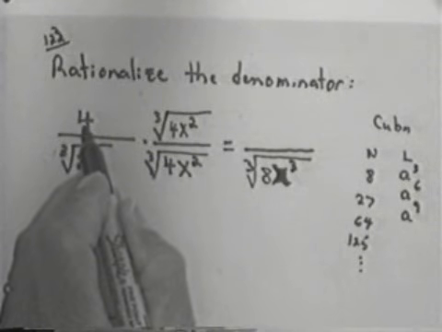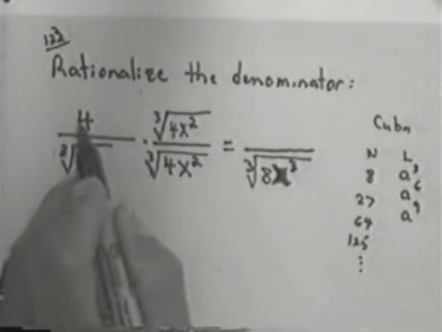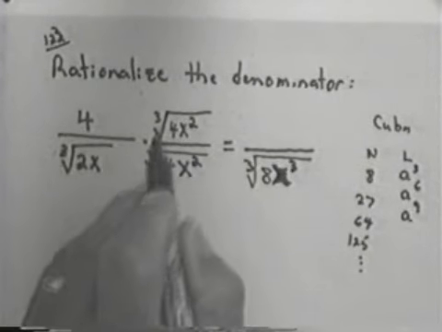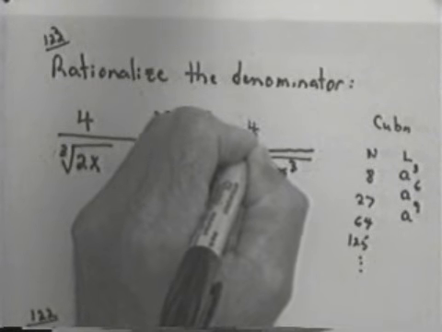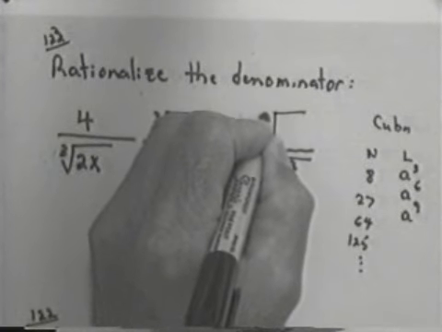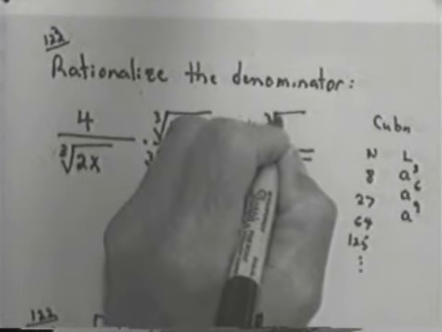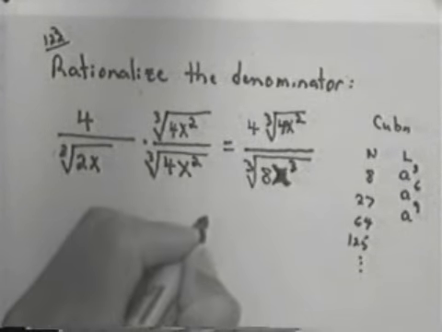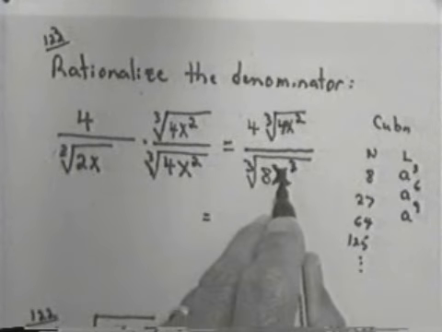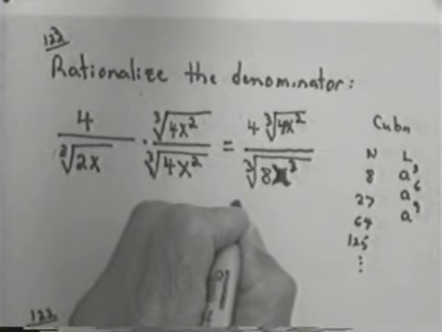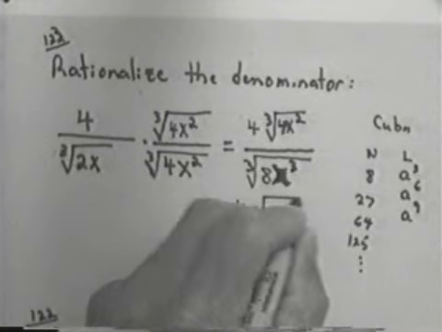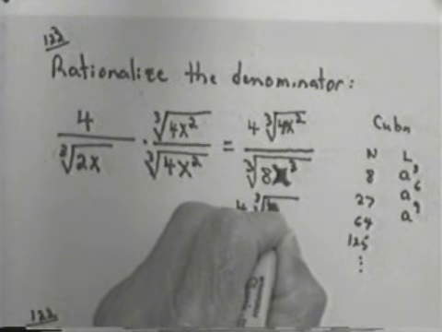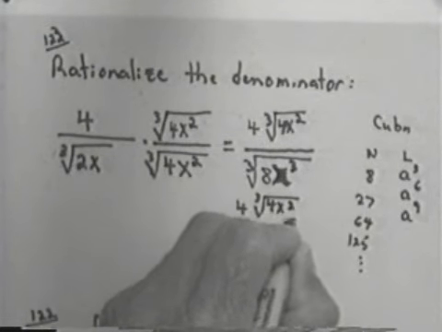Because the rule of math is you must multiply the numerator and denominator by the same thing. Now I cannot actually multiply 4 by the 4 here because this one is out from under the radical, this one is under it. So I would have 4 times the cube root of 4x squared. Now I can take the cube root of the denominator, so I would have 4 times the cube root of 4x squared over